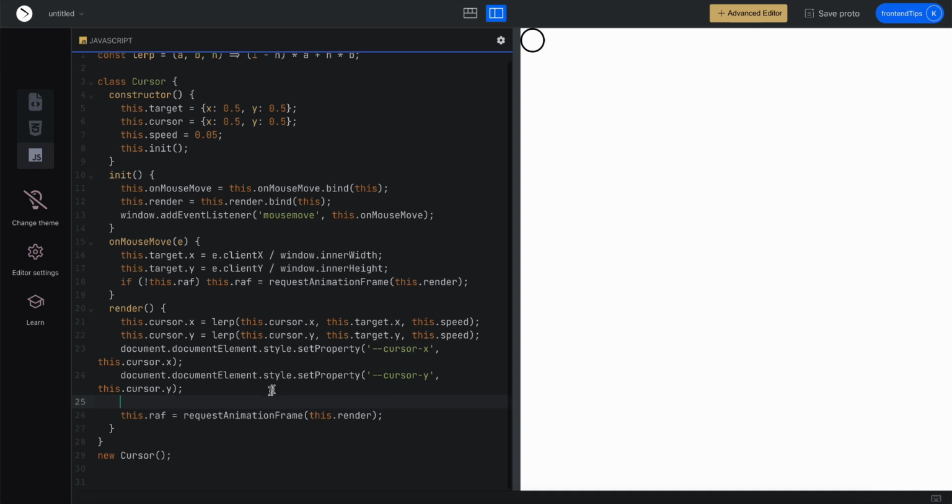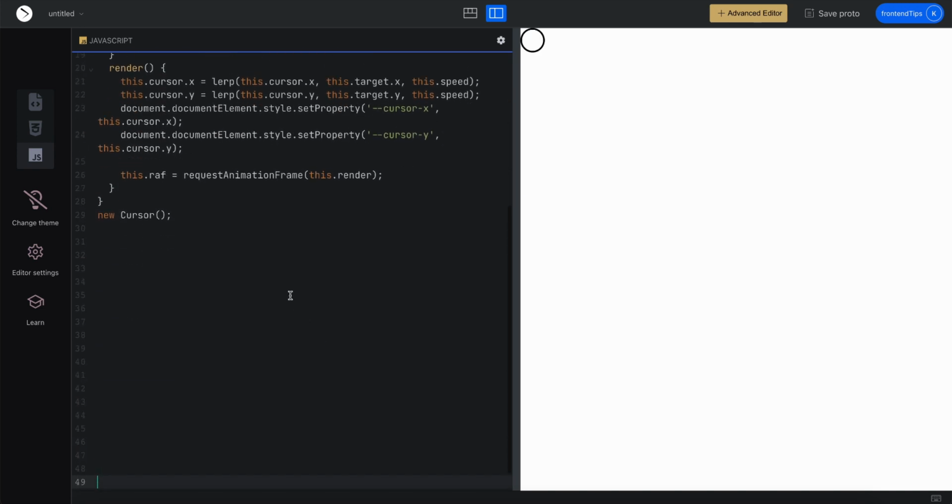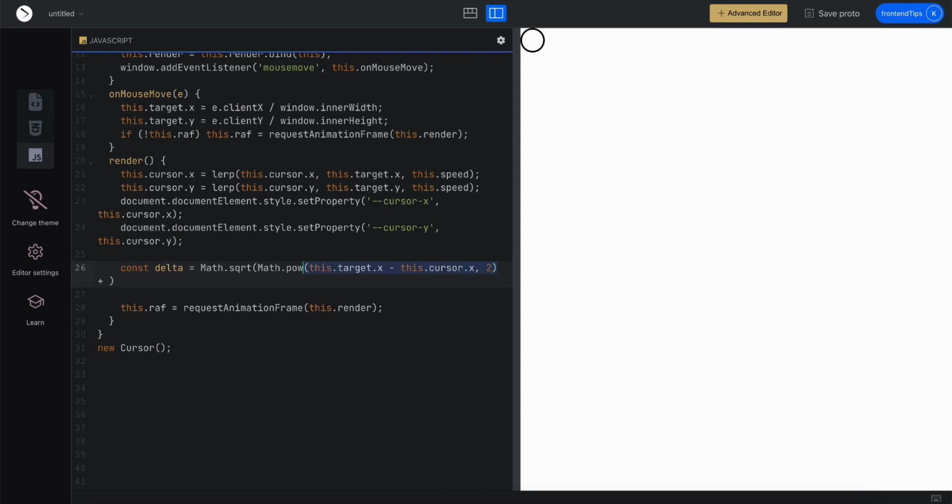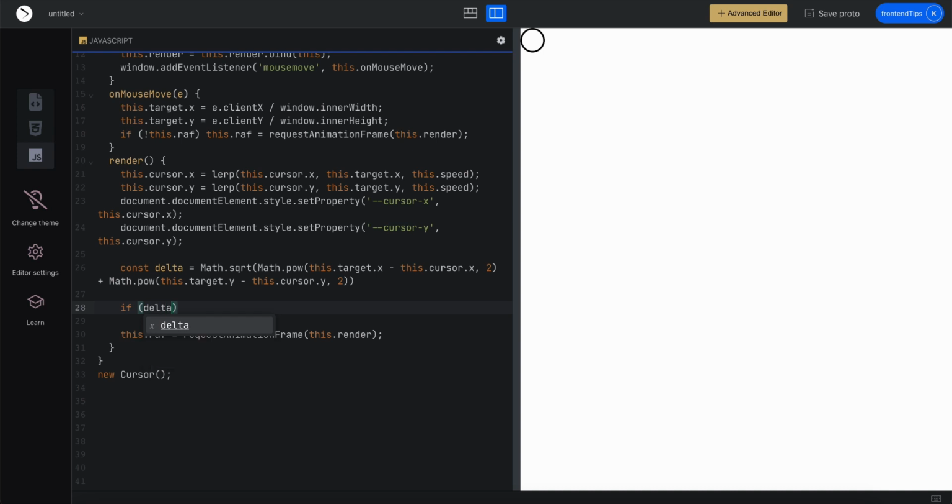This is a little bit of math, so let me add a little bit of space here. When you set the values, you need to find the delta between the position of the custom cursor and the actual cursor. This is a math function, so you do Math.sqrt of Math.pow of this.target.x minus this.cursor.x, to the power of 2, plus the same thing on the y-axis. So now I check if delta is less than